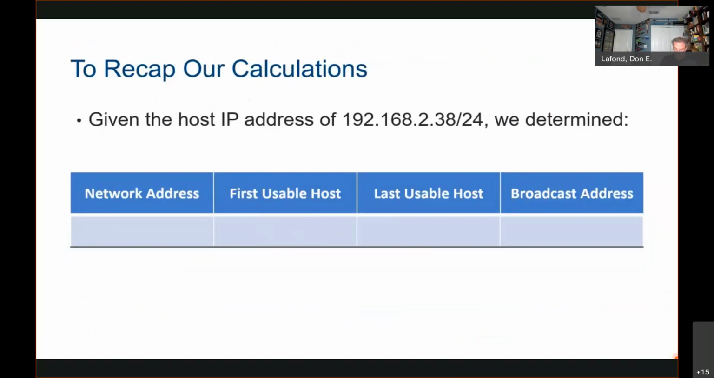We began with the host IP address of 192.168.2.38/24. Using binary ANDing, we determined that this host belongs to the network 192.168.2.0. Keeping the network portion the same, but placing all binary ones in the host portion, we determined that the broadcast address for this network is